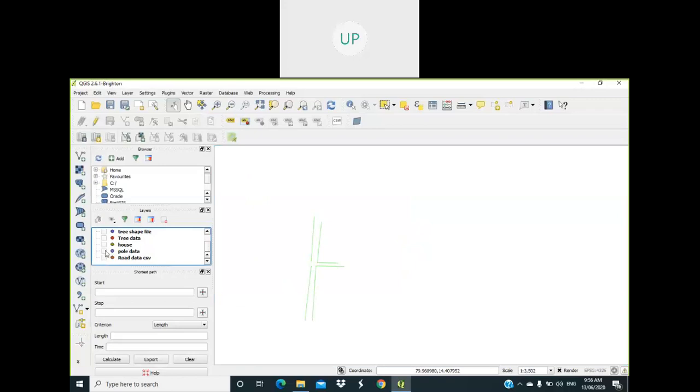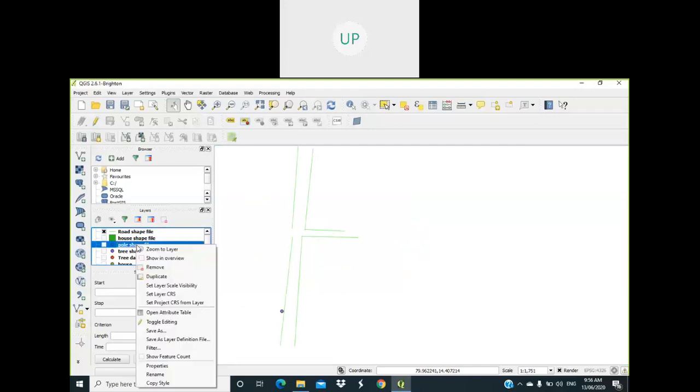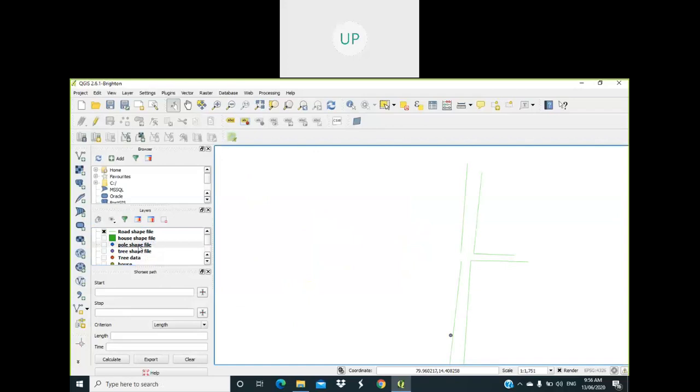Then similarly go for pole data. So you can see here, toggle editing, add feature.